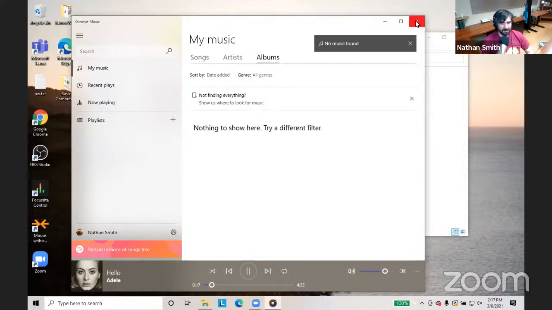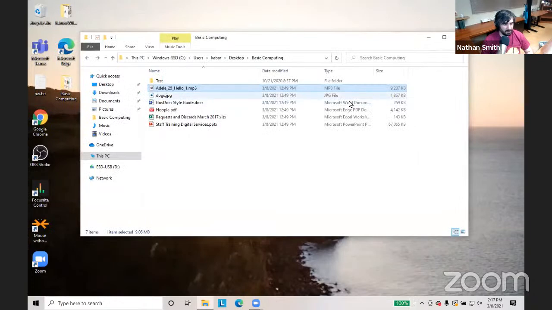I can't hear it either, but that's for the best. So it'll play the song, and I can listen to it. This Groove Music is a music player program, so it makes sense that it would open it up there. Of course, there are a lot of other music player programs that are out there, but that's the one that came with my computer, essentially. You can always install a different one if there's one that you want or like better, like iTunes or something like that.